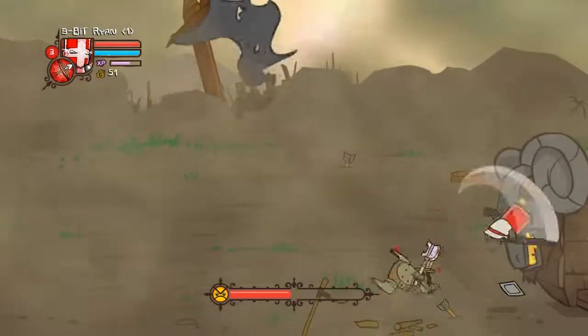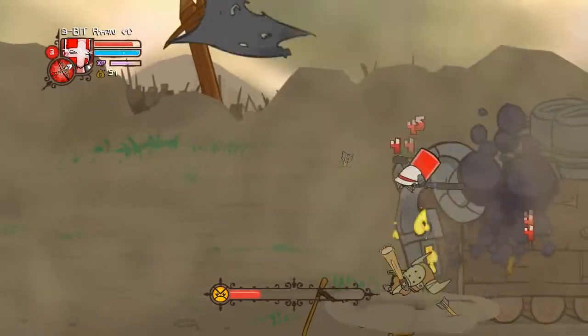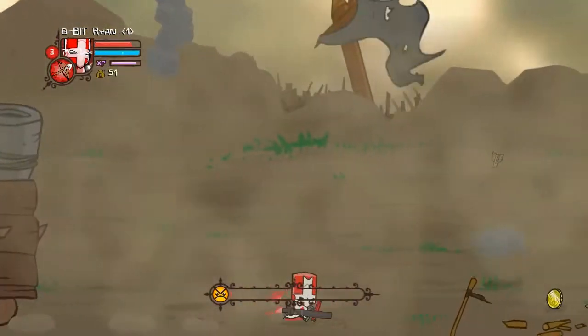Very easy. You can just keep hitting Y at the top, and the cannons won't hit you if you're just attacking those little cannon things. They won't actually hit you if you just keep hitting the goat ship thingy. If you're just up here, they won't actually hit you. Well, that time it kind of ran over me, but